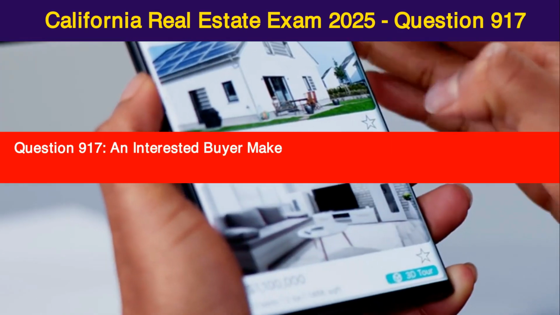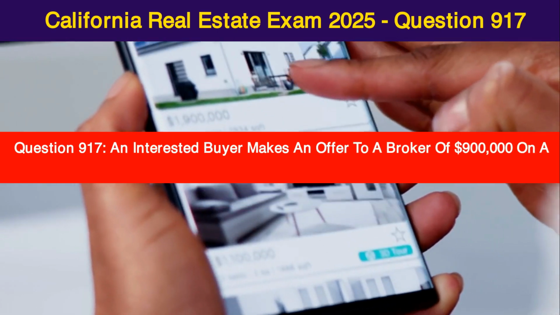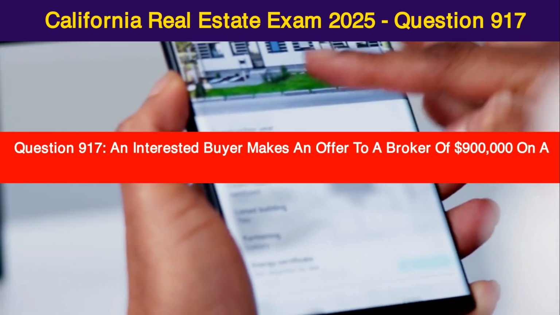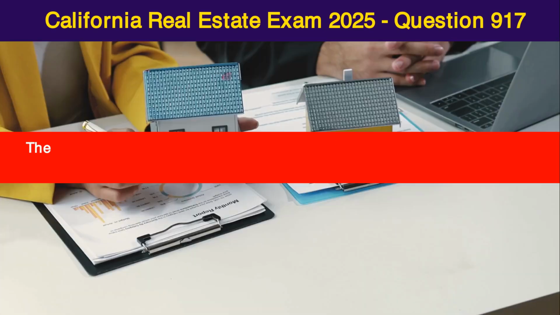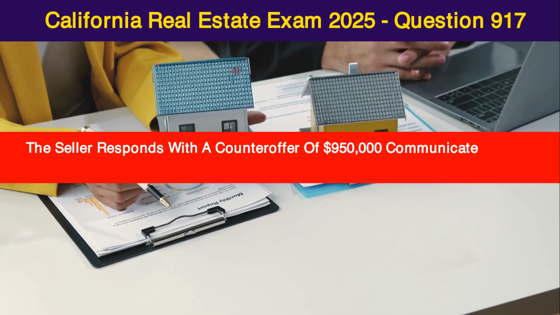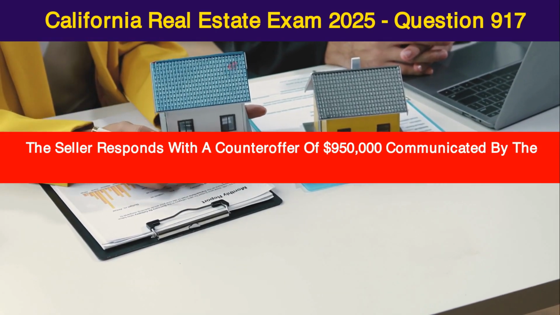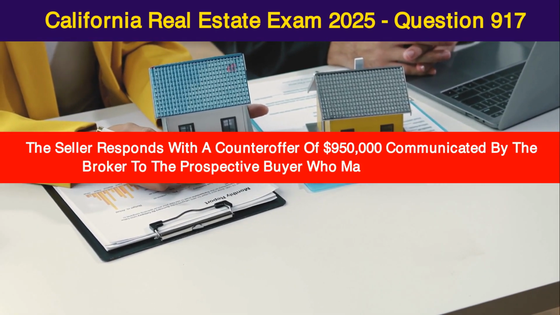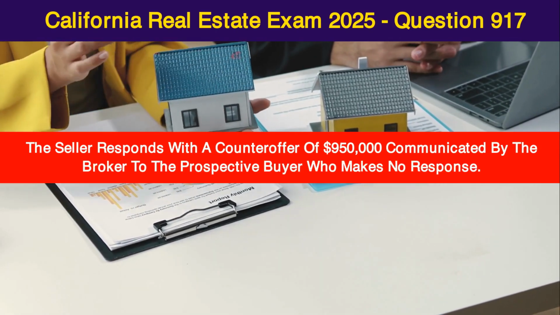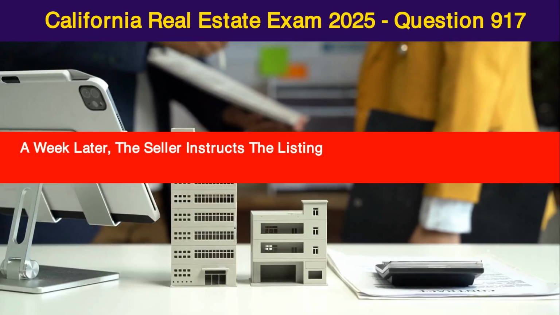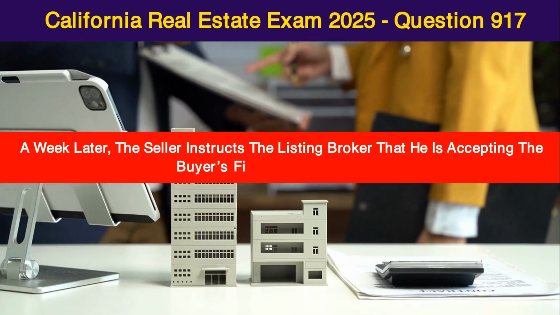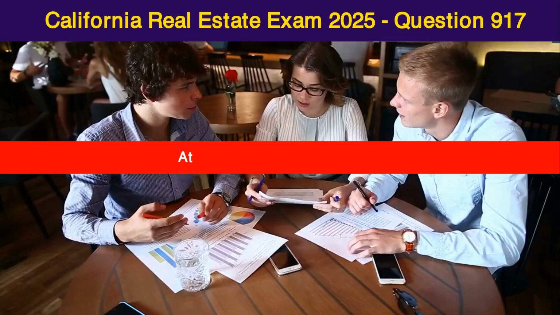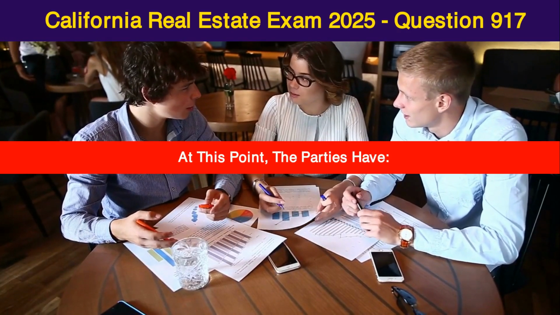Question 917. An interested buyer makes an offer to a broker of $900,000 on a property that is listed for $1 million. The seller responds with a counteroffer of $950,000 communicated by the broker to the prospective buyer, who makes no response. A week later, the seller instructs the listing broker that he is accepting the buyer's first offer of $900,000. At this point, the parties have